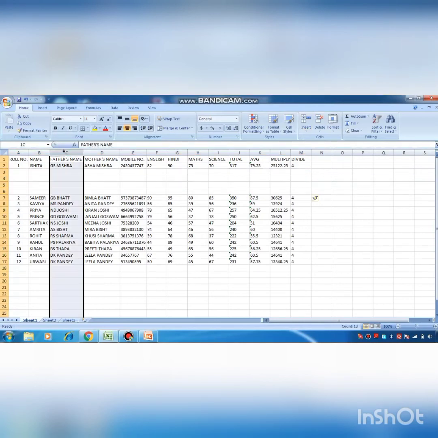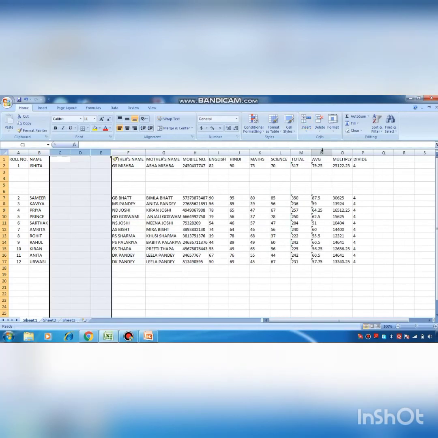If I want to insert a number of columns, I select those columns and click Insert Sheet Columns. Here you have seen 1 2 3 4 columns are inserted in our worksheet.